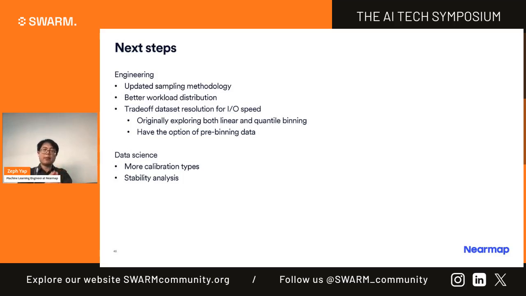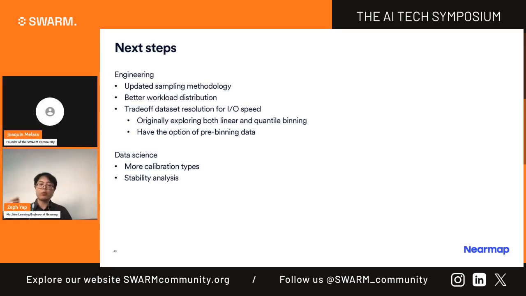Whereas quantile binning basically says, how do I pick my minimum and maximum values of the bin so that each bin will have a similar number of predictions in there? So if we decide we want to lock in a specific binning strategy, we have the option of generating the histograms beforehand. Let's say I come up with 10,000 different bins. It's not exactly the same as having your label prediction pairs,